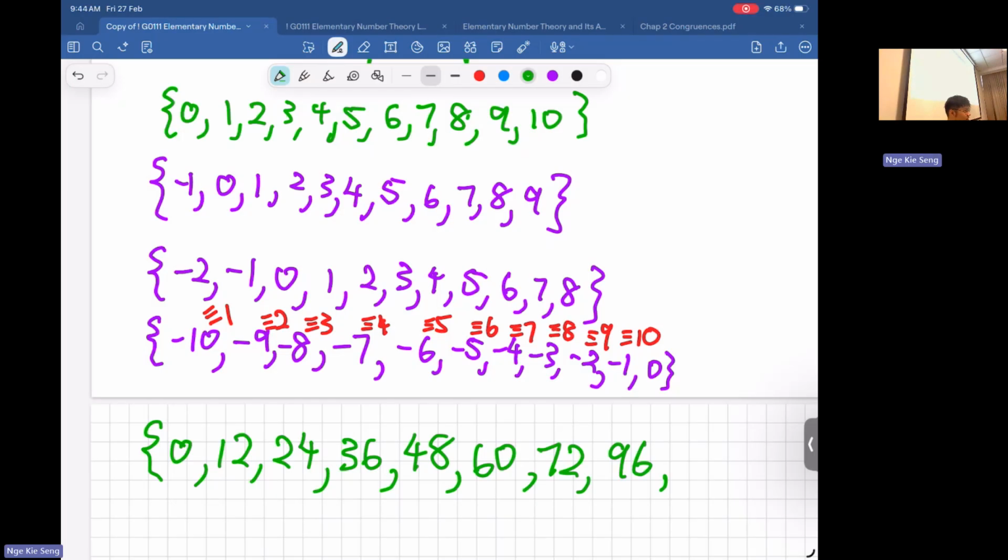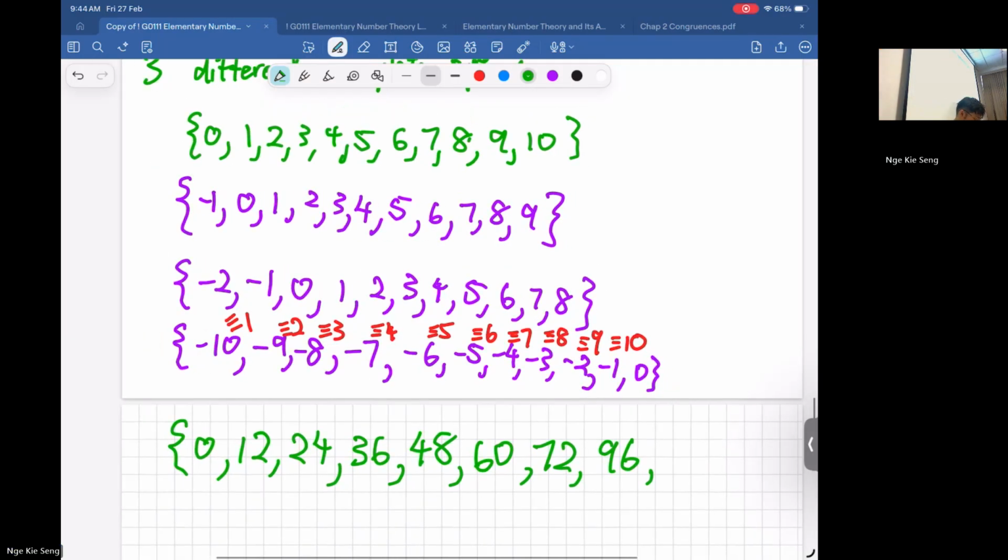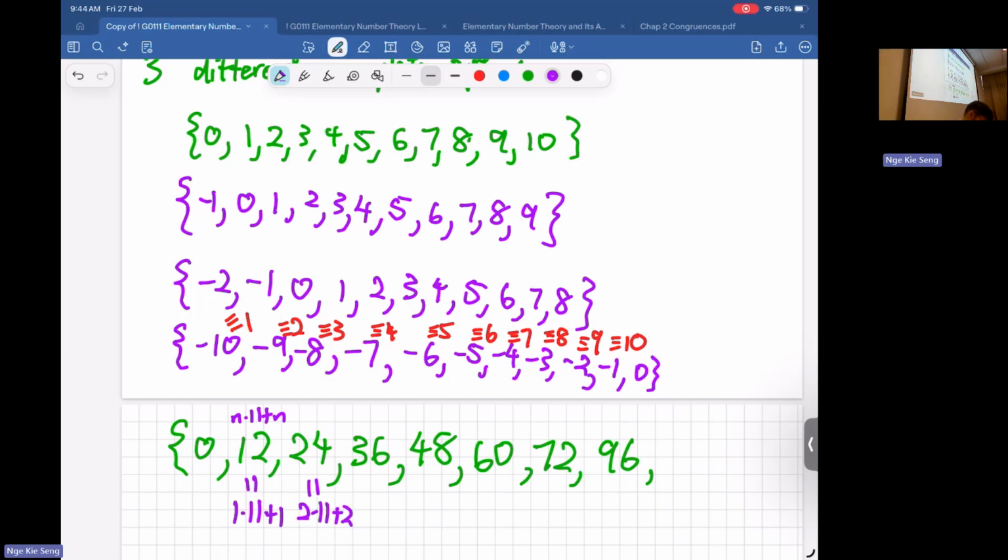Now you can calculate on your phone. I mean, like on your iPad. But I think I sort of see your pattern. You try to get n times 11 plus n. Okay, good. So basically this is 1 times 11 plus 1, and this is 2 times 11 plus 2, and